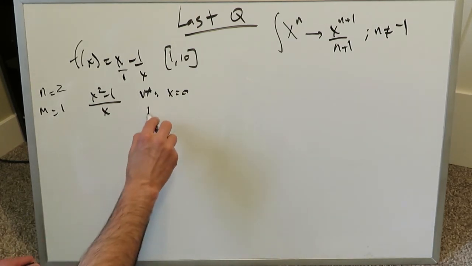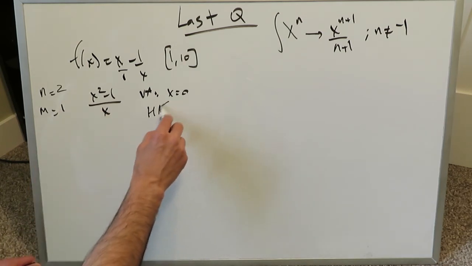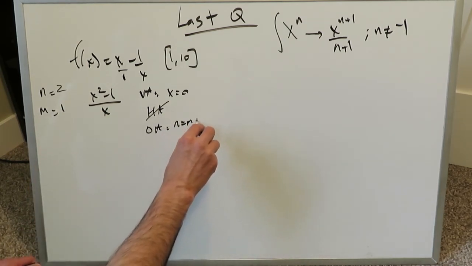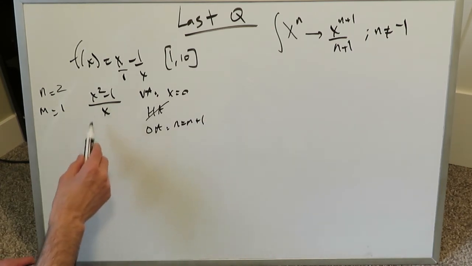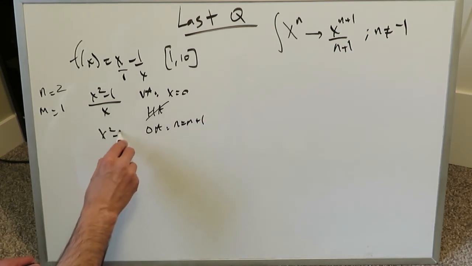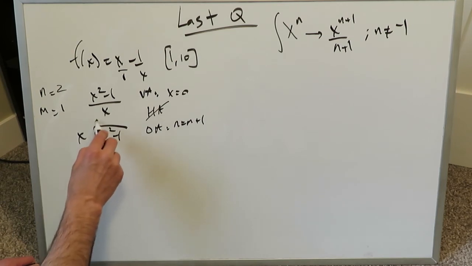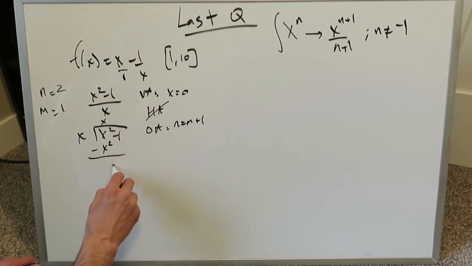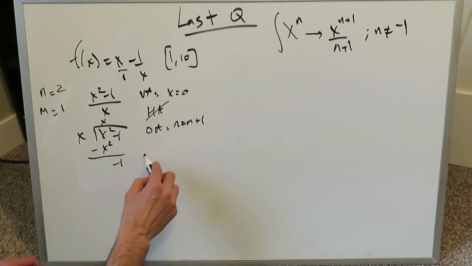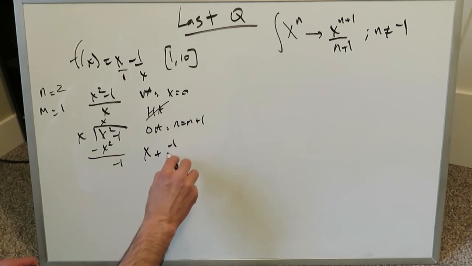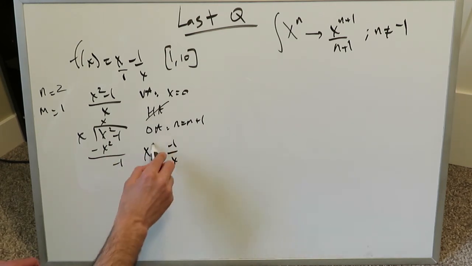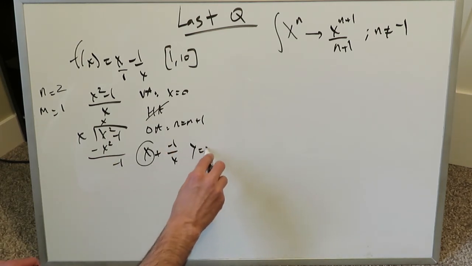Horizontal asymptote, in this case n is larger than m, so there is no horizontal asymptote, but n is equal to m plus 1, so you know you will have an oblique asymptote by means of polynomial long division. x squared minus 1 divided by x. x goes in here, x times x, you have x squared. You subtract and you just end up having a minus 1. What do you get over here? You get x plus minus 1 over x. That ends up being your long division result, but you only look at the x, and y equals x is your